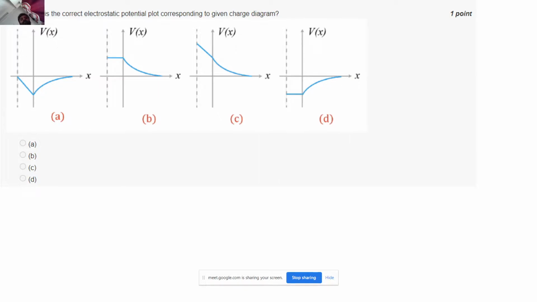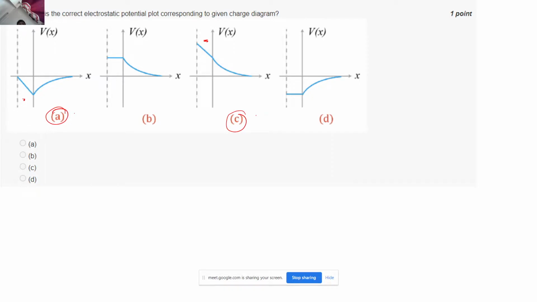So I must have a ramp inside the oxide boundary, right? Inside the oxide. There is a ramp in option A as well, and there is a ramp in option C as well. Correct. But let's think about what happens at the silicon interface. What happens after the oxide? On the right side there is silicon present, right? I just told you there should be a parabola, right? So we have a parabola over here also, and we have a parabola over here also.